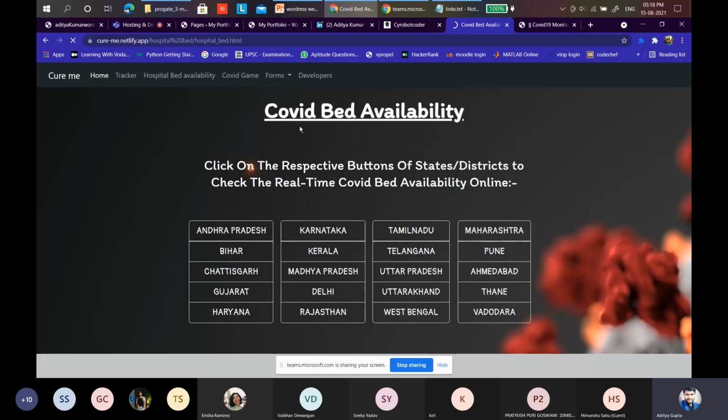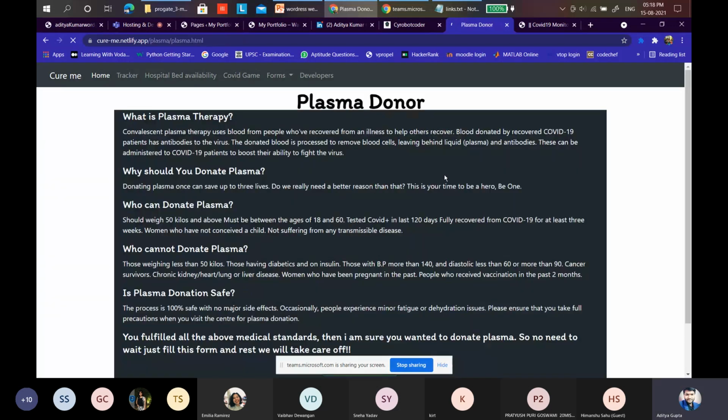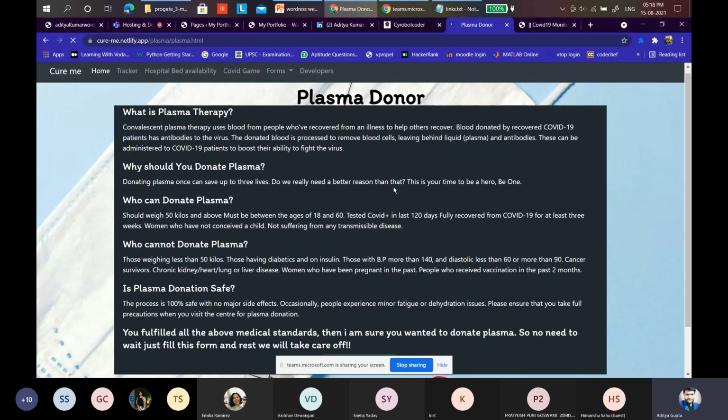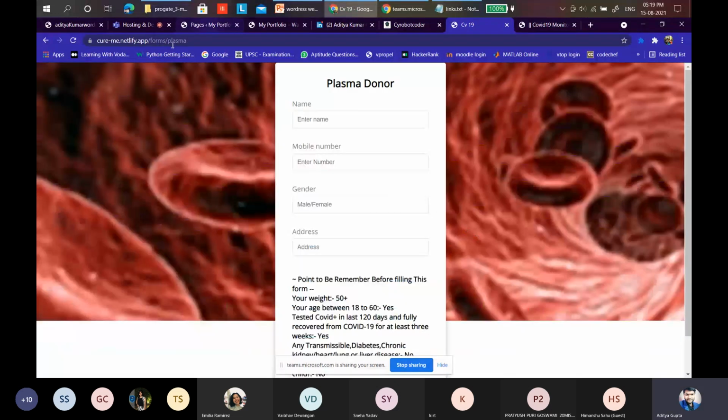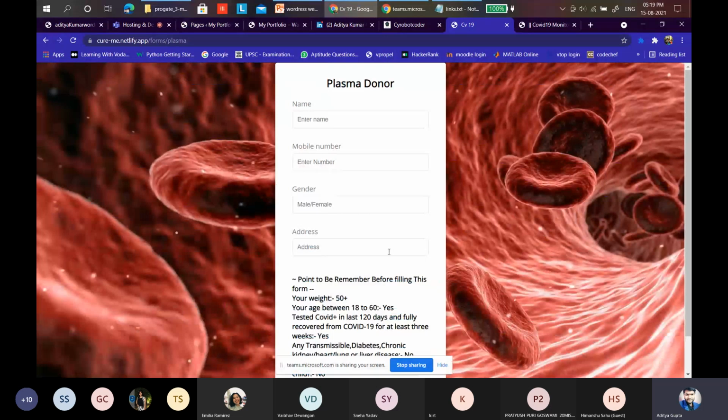Maybe I can show you how it looks. So it gives some info like what is plasma therapy, who can donate plasma, stuff like that. When you click on the form, you're redirected to fill a form, something similar to this. So it's like that much good. Let me go back